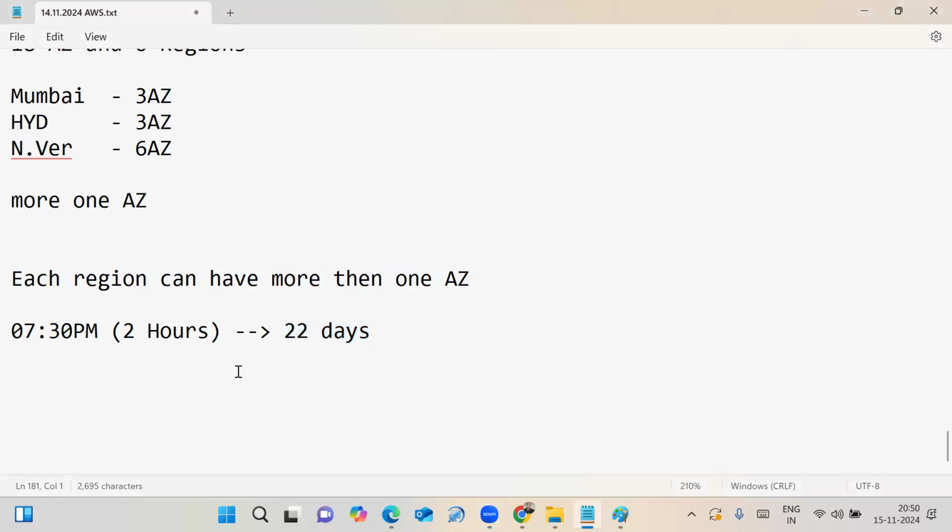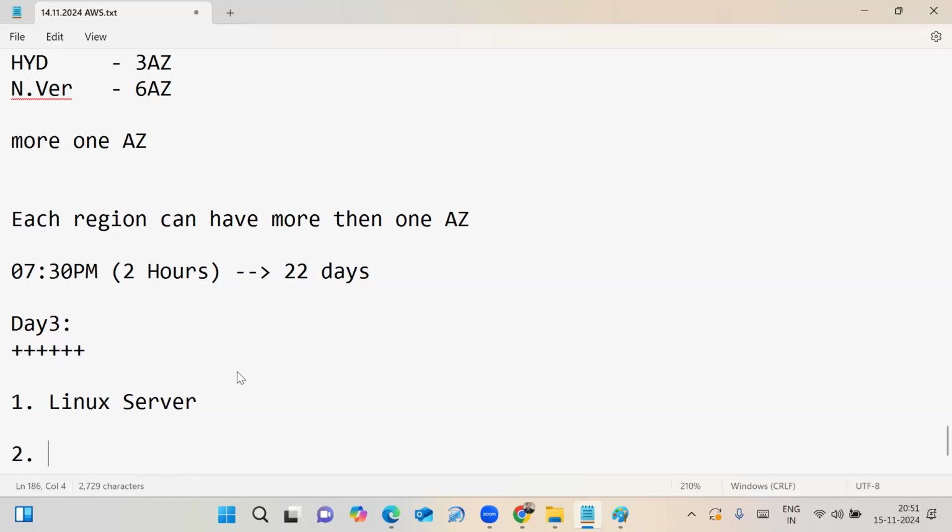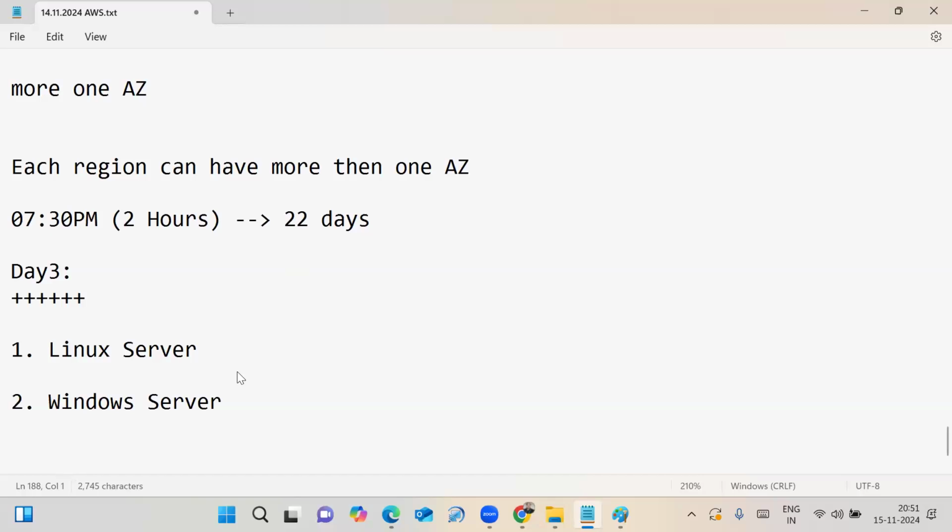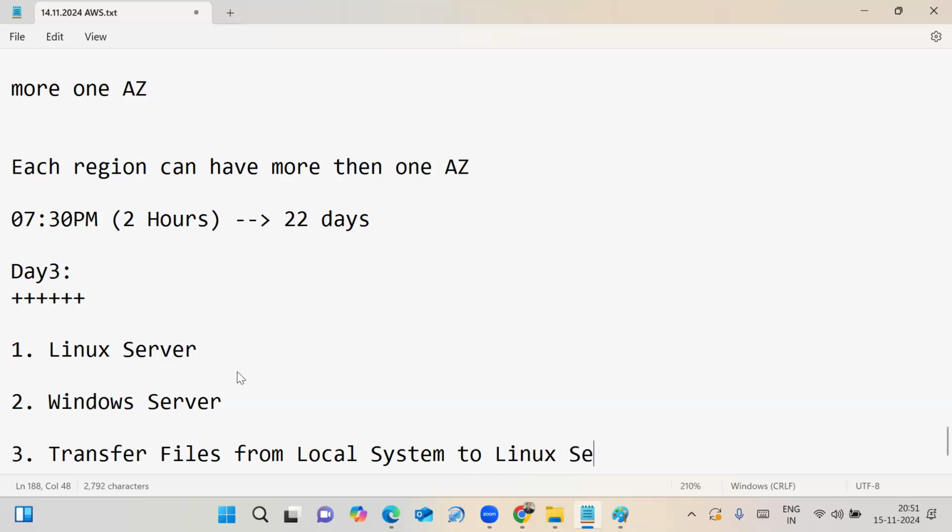Tomorrow is the last demo session. On the day 3 demo session, I will explore how to launch and connect the Linux server, how to launch and connect the Windows server, and how to transfer files from the local system, which is your laptop or desktop, to the Linux server.